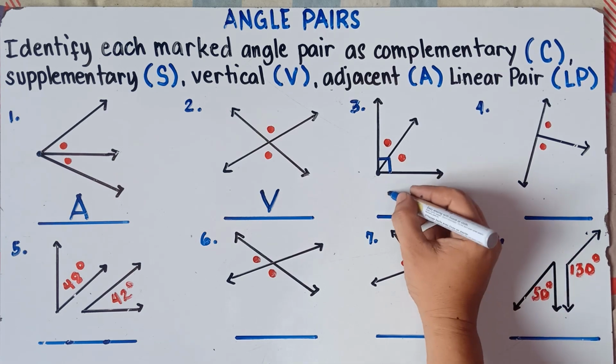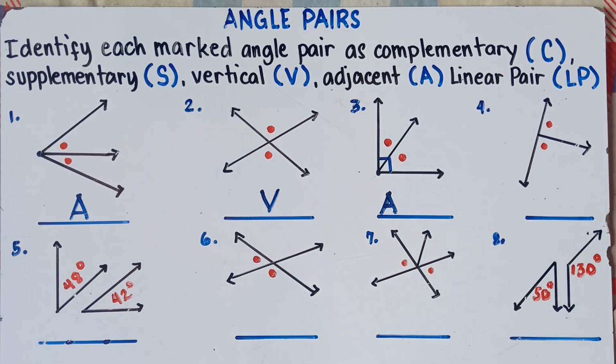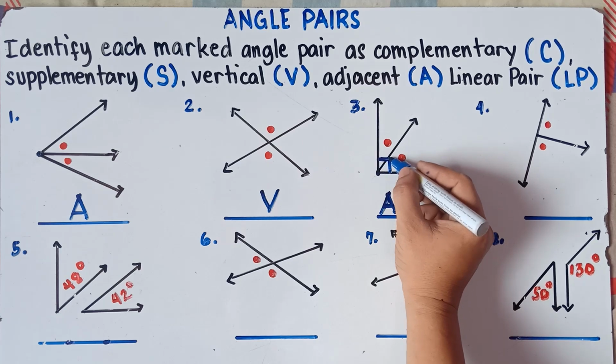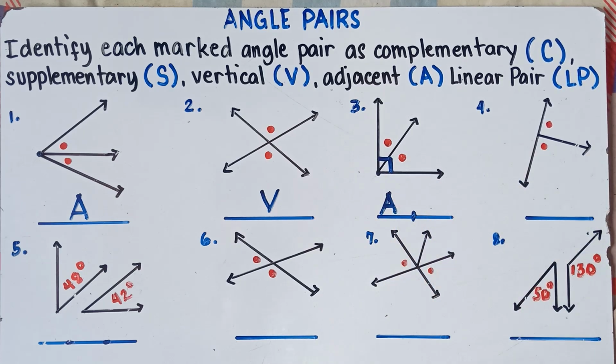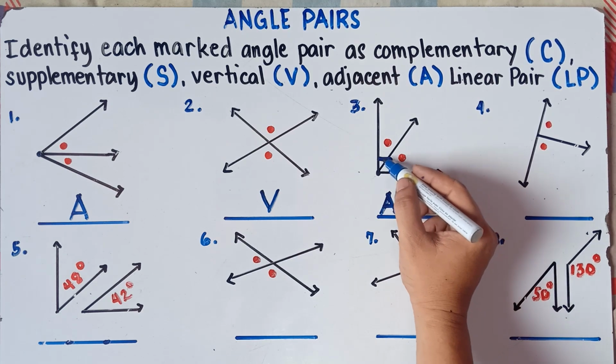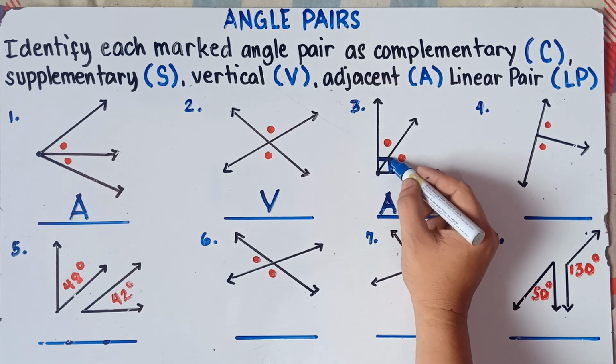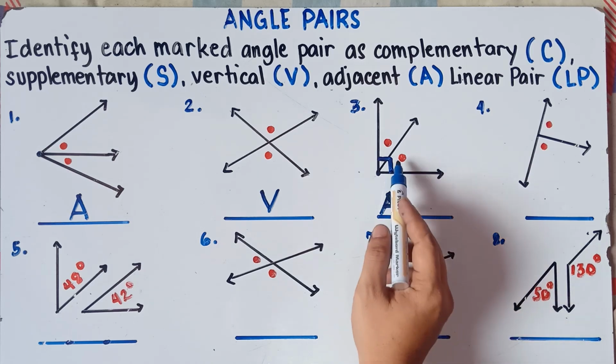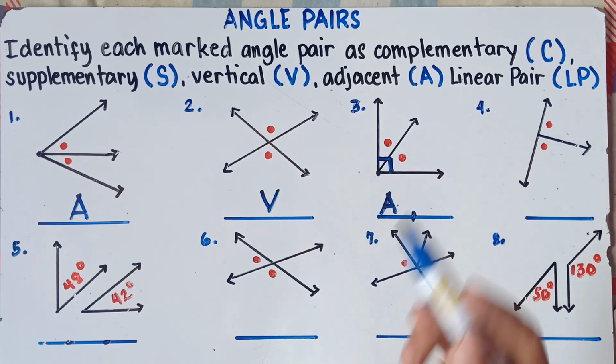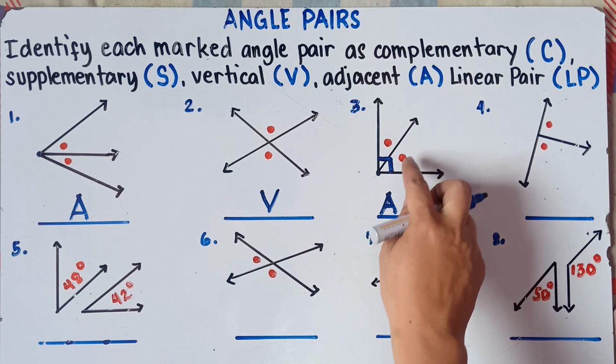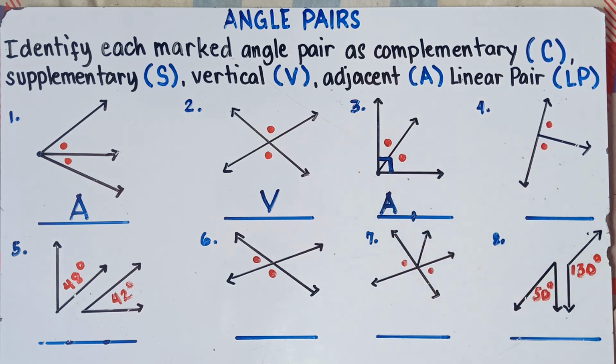So, this will be adjacent angles. Alright, and what is this? Can we call this one complementary angles? Do the two angles add up to 90 degrees? Yup. They will add up to 90 degrees based on the given markings, because this marking right here, class, means a 90 degree angle. So when you add these two angles, it should be equal to 90 degrees. Therefore, these two angles are complementary angles.